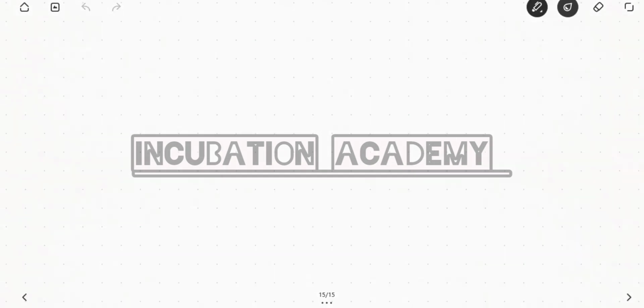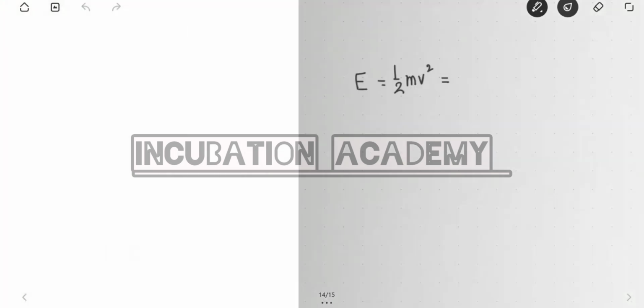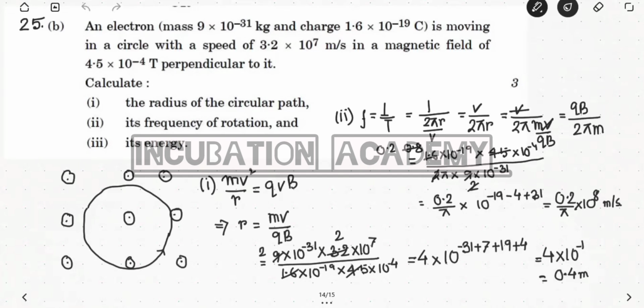The energy is not changing. Energy remains constant, but it has the energy. What is that? Half of mv square. Because after entering into the magnetic field, it starts rotating in a circular path with a certain velocity. And that velocity, if you try to find the expression of the velocity,